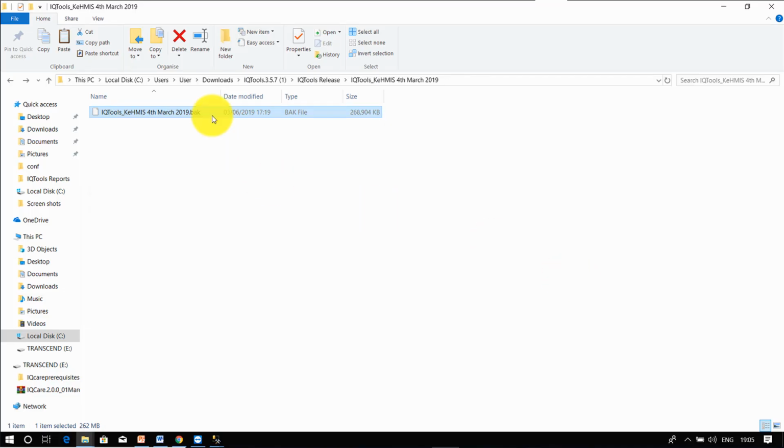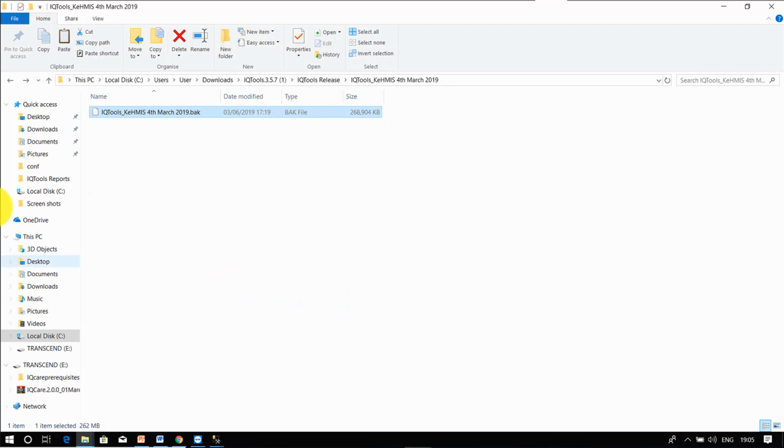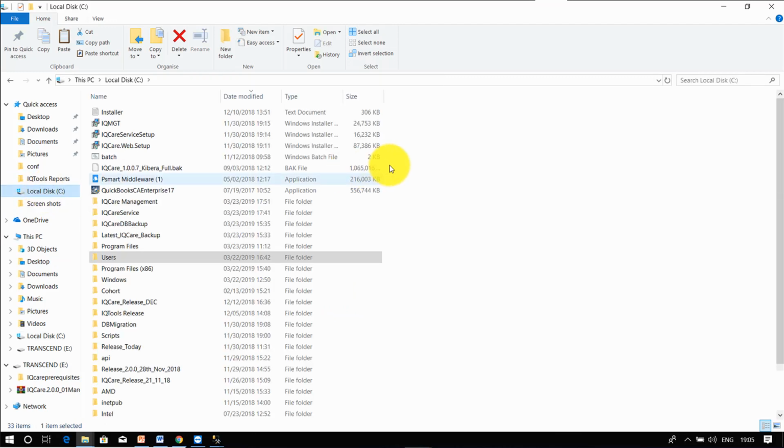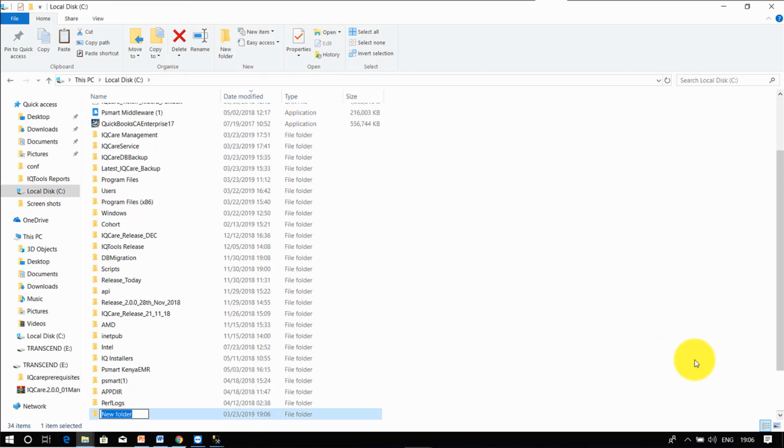Inside the IQ Tools release, there is another zip. Extract the same. So we have the installer and we also have the database. Copy the database file.